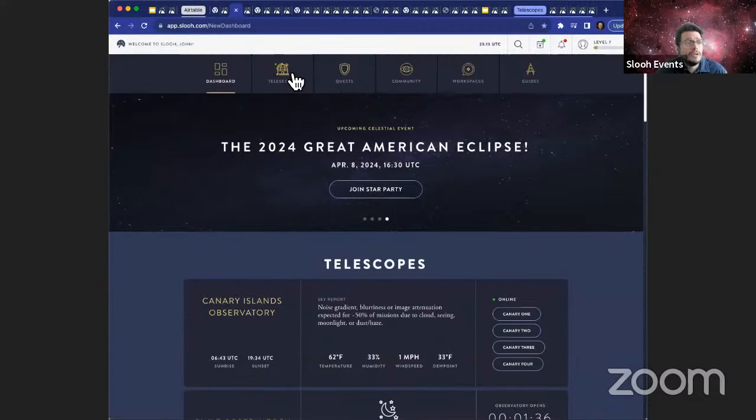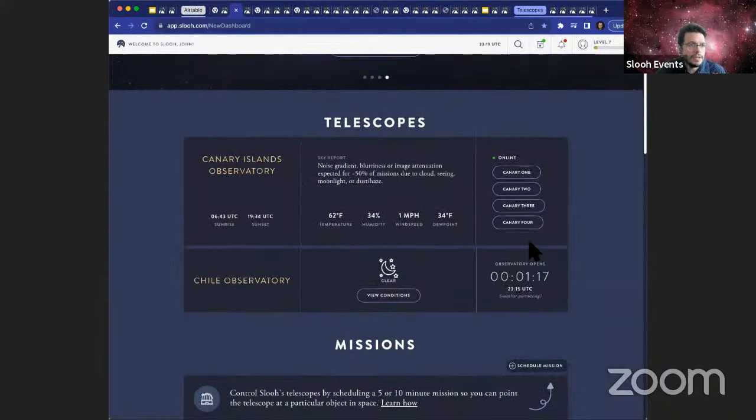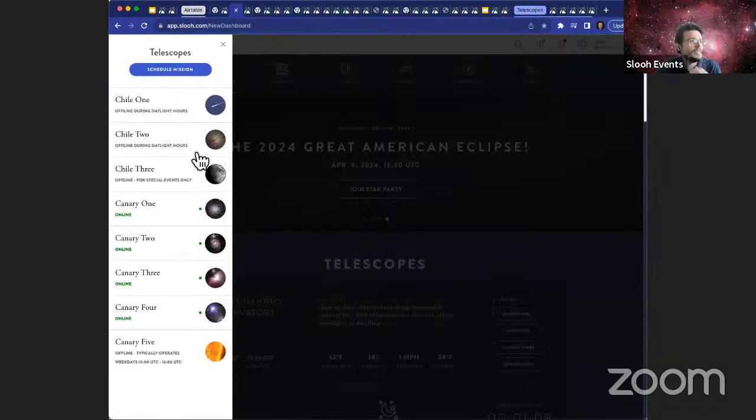Students can also access the telescopes from anywhere on the site by scrolling up to the top and clicking on this telescope icon. When you see this green dot next to the dome, that means that at least one telescope is online. So when we take a look, it looks like Canary 1 through Canary 4 are online. And like I mentioned, in just a minute or so, the Chile telescopes will come online. So we'll take a look there again in a moment, and we'll see more green dots next to Chile 1